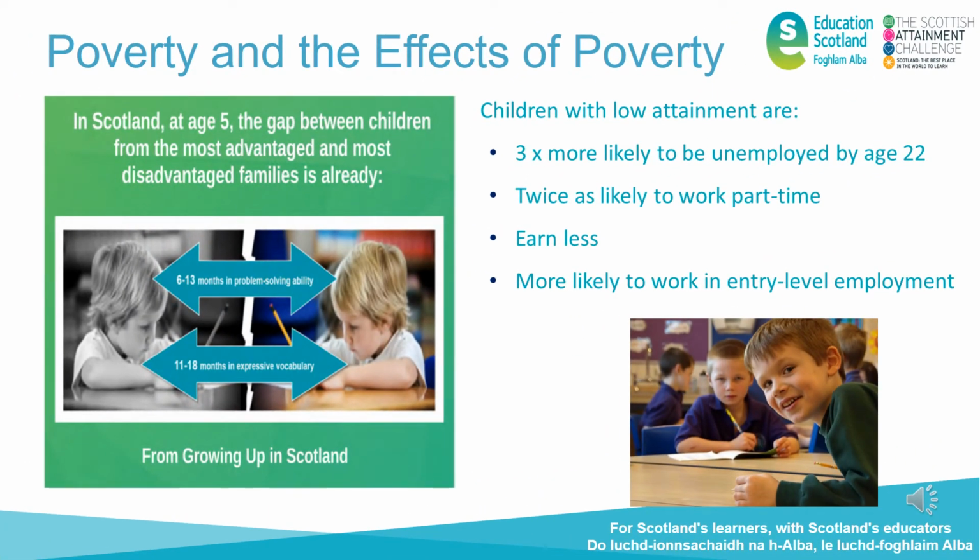There are many reports which have highlighted the effects of poverty on the life chances of our children and young people, and among them is the Growing Up in Scotland report, which analysed 3,500 responses from the Growing Up in Scotland longitudinal study, and which tells us that in Scotland, by the age of 5, the gap between children from the most advantaged and most disadvantaged families is already 6 to 13 months in problem-solving ability and 11 to 18 months in expressive vocabulary, and that children with low attainment are 3 times more likely to be unemployed by the age of 22, twice as likely to be working part-time, more likely to earn less, and more likely to work